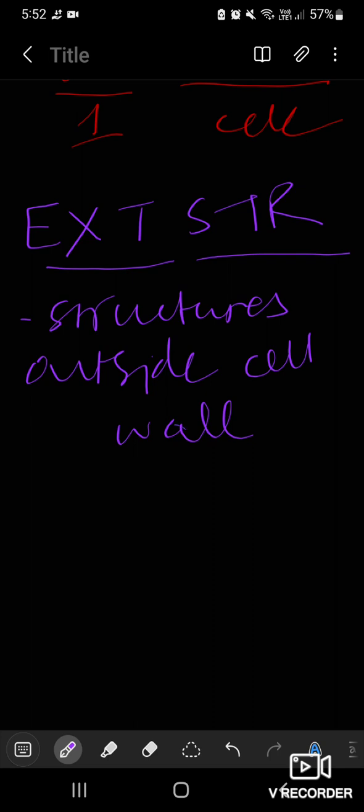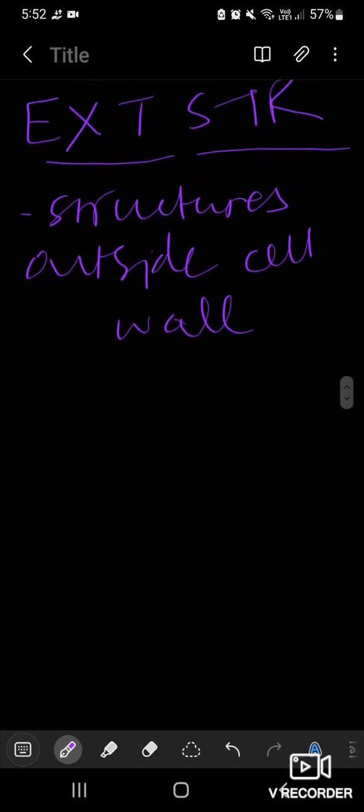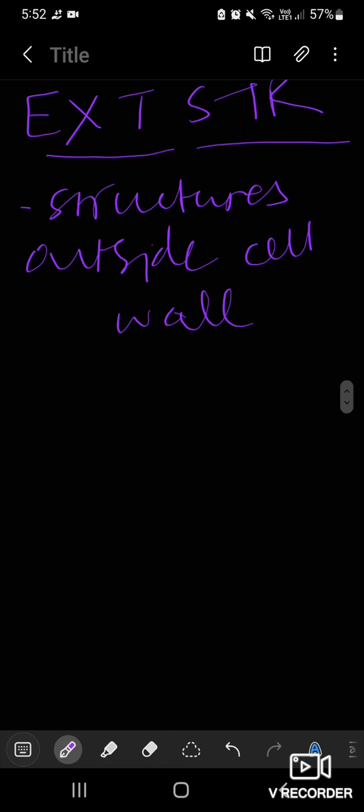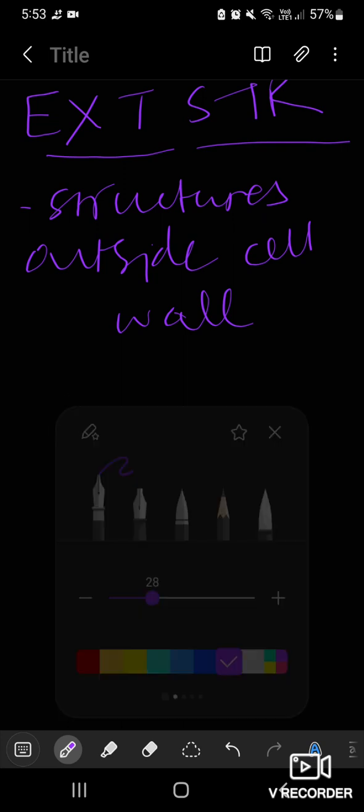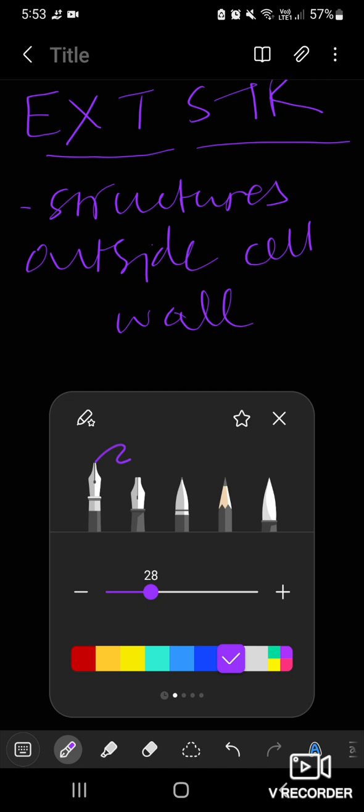So coming back to the structure, we have pili and flagella as well as the capsule, and the mesosome, which are outside the cell wall. If you look at the previous video, which I will link in the description. So yeah, so first structure that we are going to talk about is